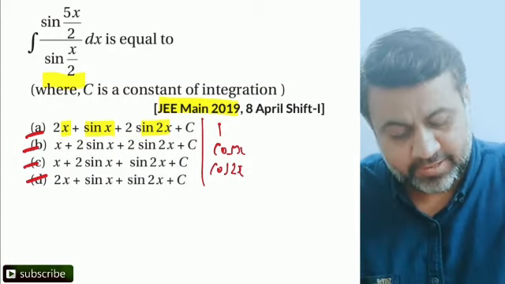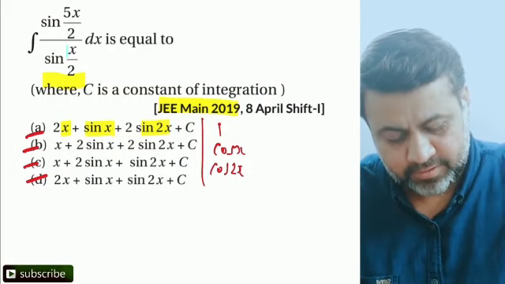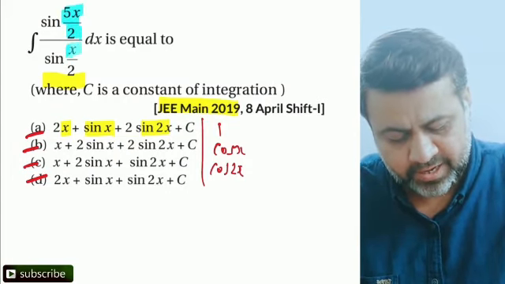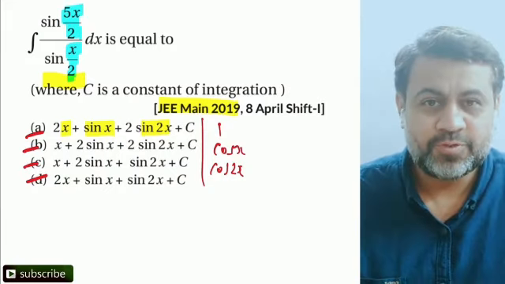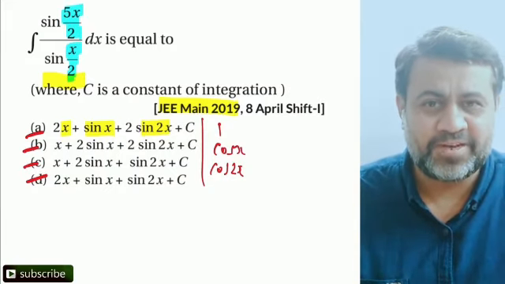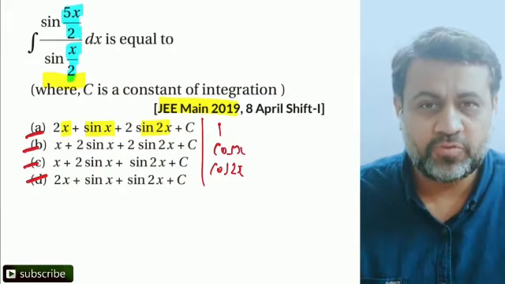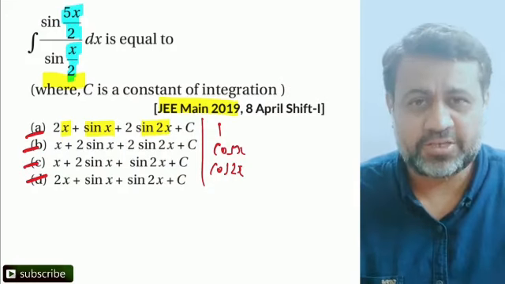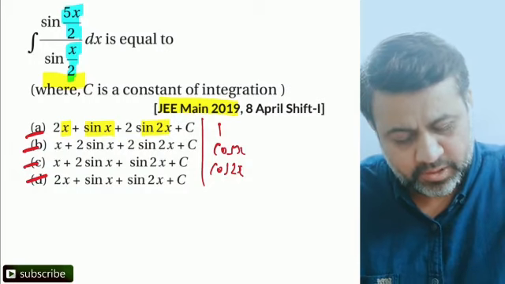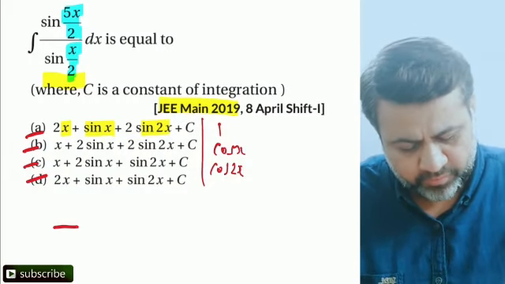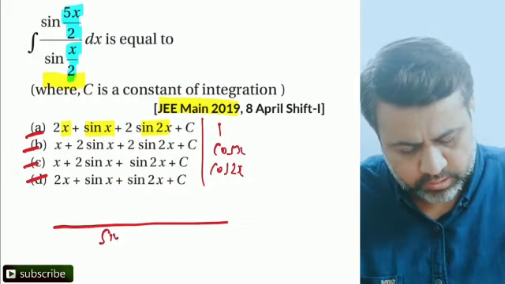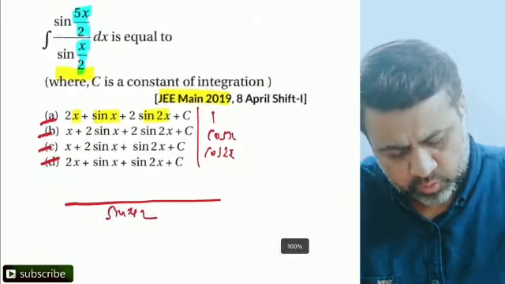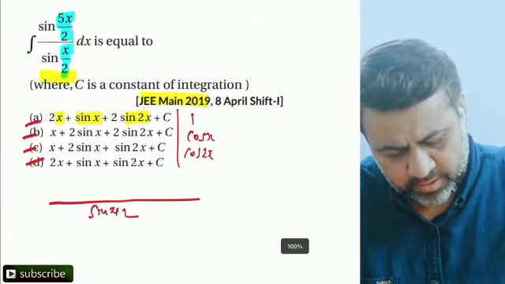But the angle in the numerator at present is 5x/2 and the angle in the denominator is x/2. So some of these angles need to be adjusted very nicely, right? Also you realize that we need to get rid of the denominator somehow. Sin x/2 has to go out, right? So let's focus on sin x/2. Can we apply some formula here?